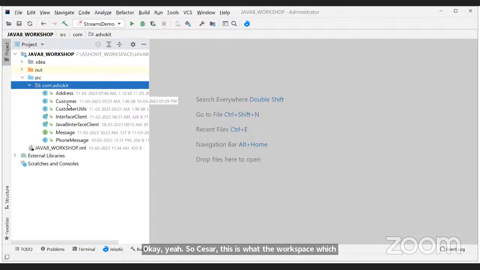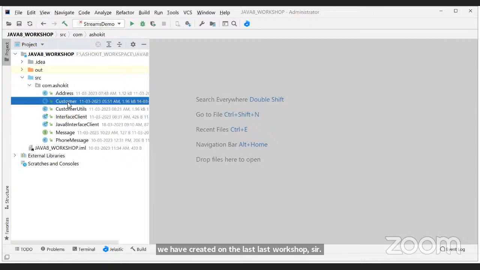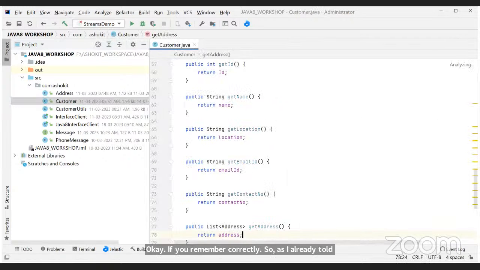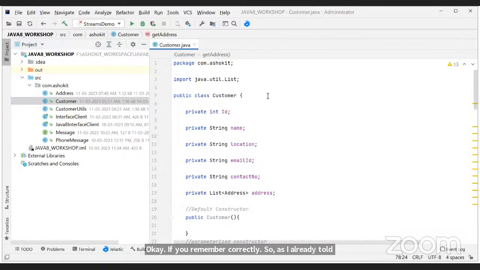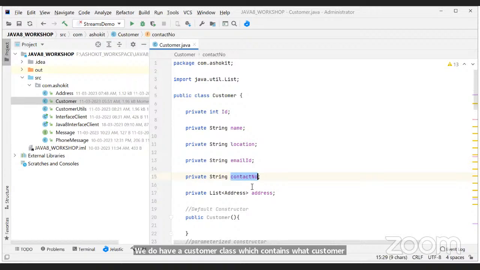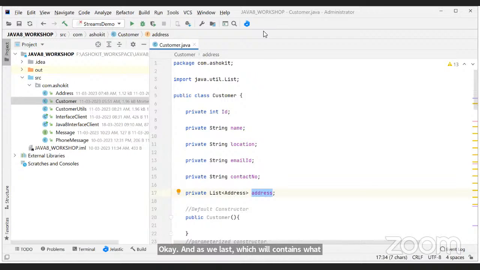If you remember correctly, we have a customer class which contains customer ID, name, location, email ID, and contact number of the customer, as well as an address property. The address property is of type list of address.